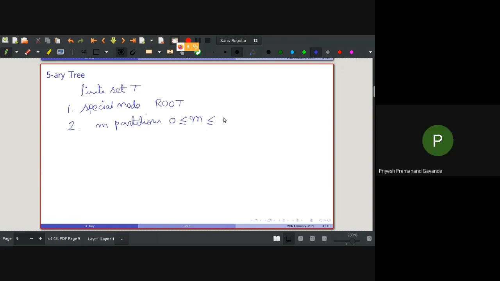It should be 5. Absolutely correct. And the third criteria is, of course, each of the nodes other than the root, each node except root will be having one unique parent.